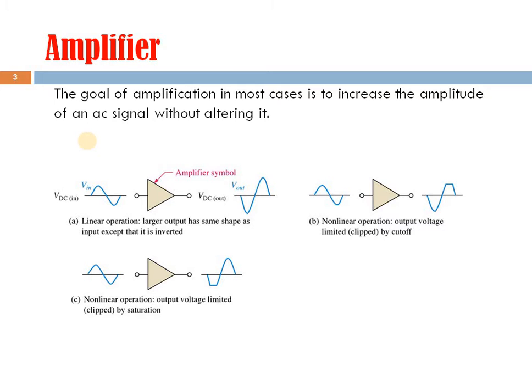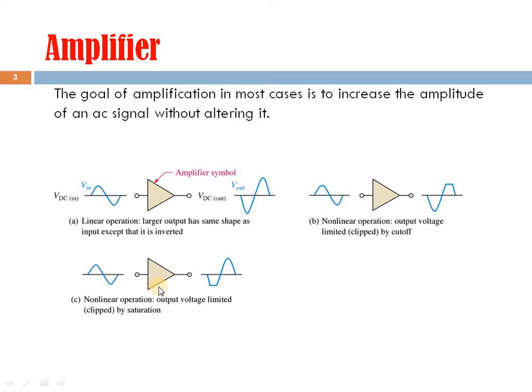You know that in case of an amplifier circuit, the main goal is to achieve amplification without much distortion in the output signal. You see here, in this case, this input signal is applied and we got output. So a 180 degree phase shift is introduced by this amplifier, but otherwise there is no change in the shape of the signal.